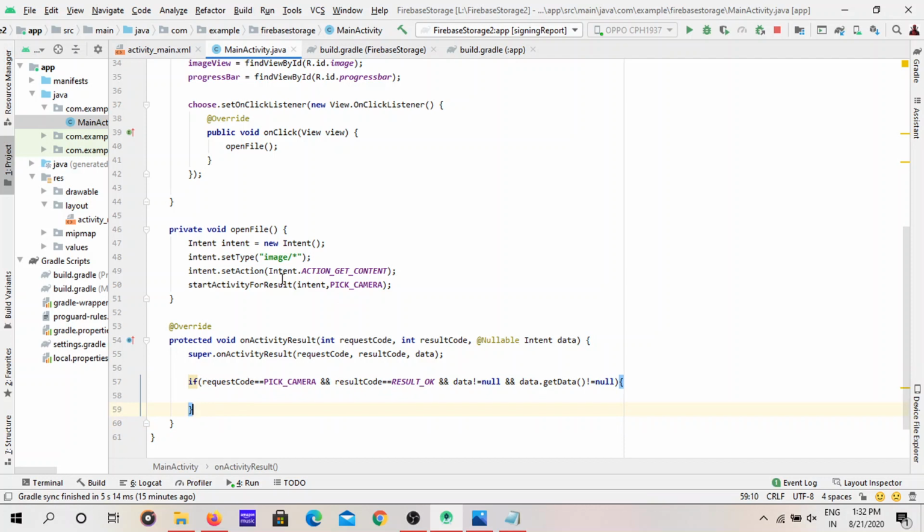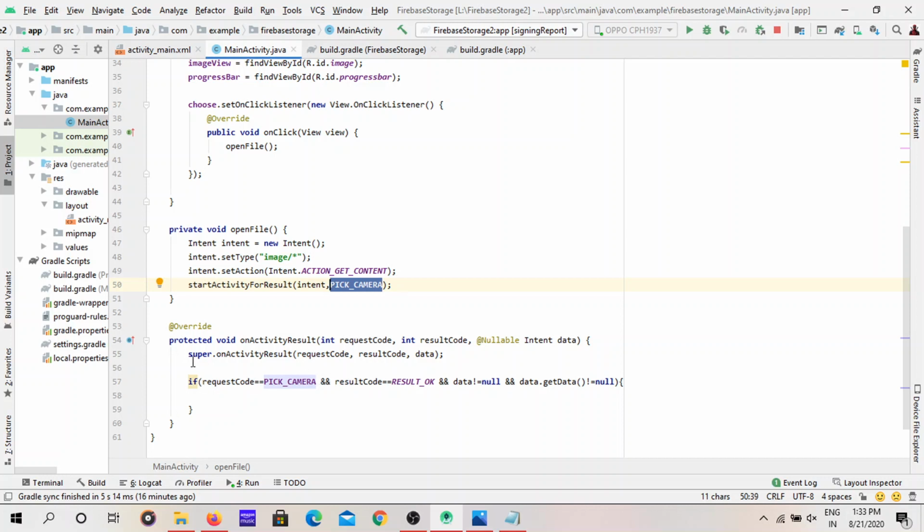We are saying that so many intents are coming to the living room. When these intents are coming, we give Java a parameter called request code. If the request code of that intent is pick camera, like we have given here, and the value of pick camera is 1, then whenever the intent comes to this room, if its request code is pick camera, you have to give the images to that intent.